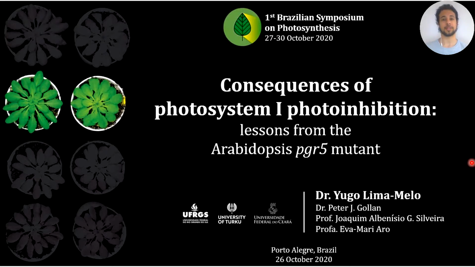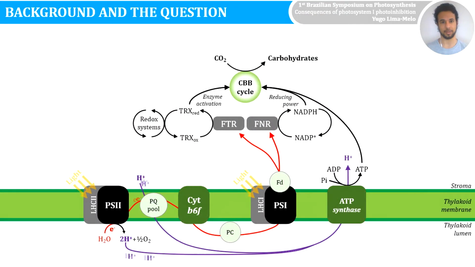As you know, photosynthesis is one of the most important biochemical processes on Earth and can be divided into two main steps. In the first phase, photosystems 1 and 2 use energy from light to drive electrons from water through the transport chain to the second phase of photosynthesis. In the second phase, the electrons provide reducing power to drive the CBB cycle to assimilate CO2 into more complex